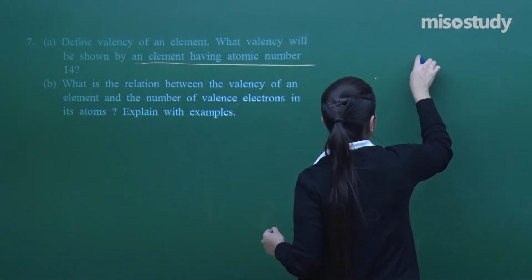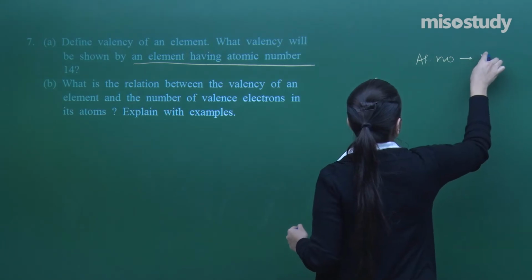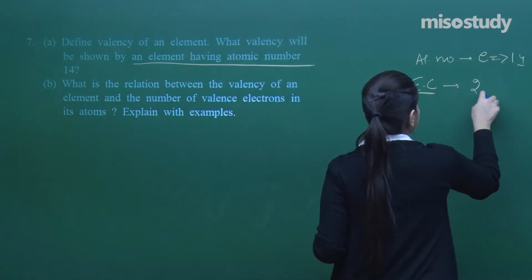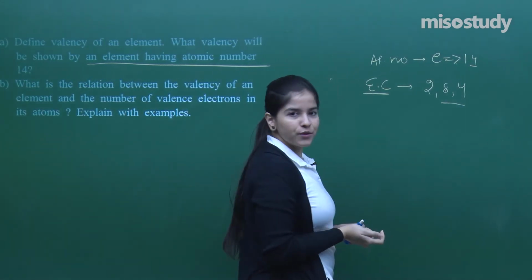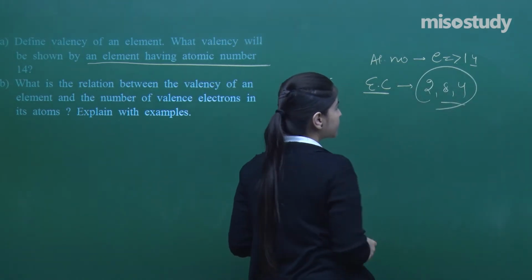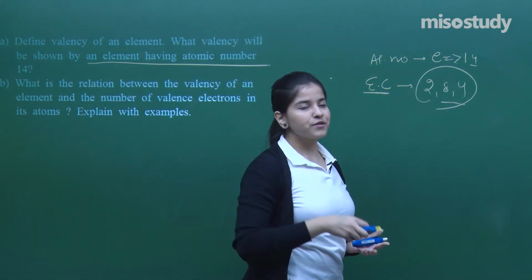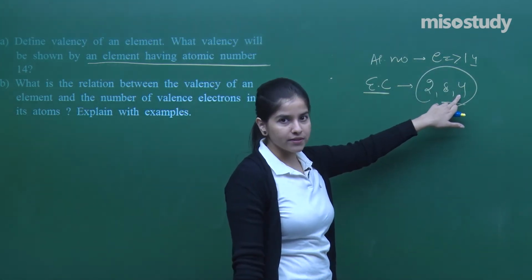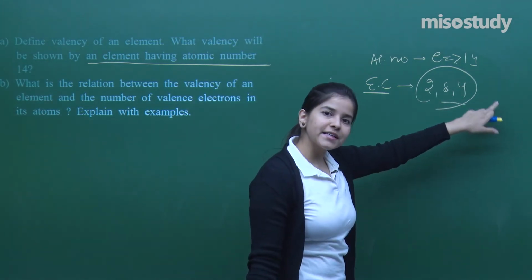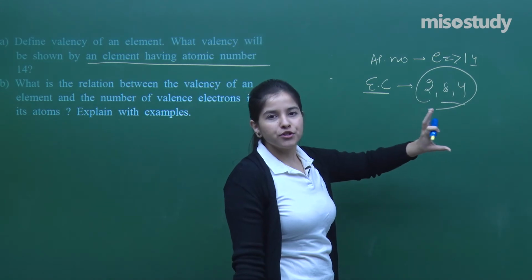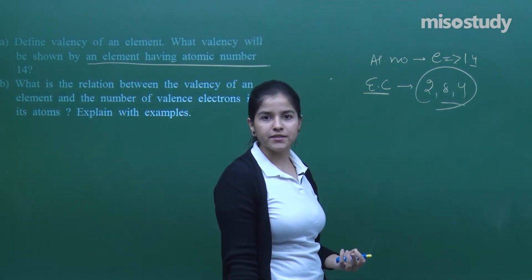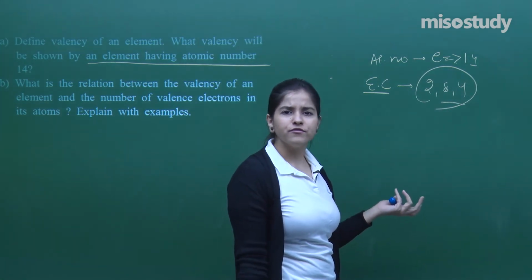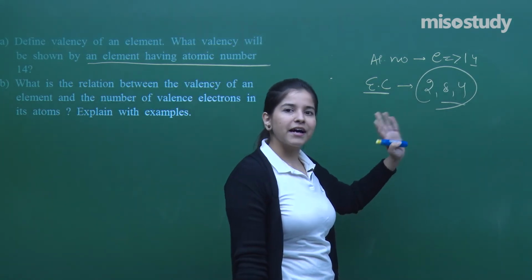Atomic number means the number of electrons is going to be 14. Can I write the electronic configuration to find out the valency? Yes, 2, 8, 4. So what is going to be the valency? You know what this element is? Can you tell me? Try to think about it. So 4. What it can do is either lose 4 electrons or gain 4 electrons just in order to combine. And the third option is it can actually share the electrons as well, just as in the case of carbon. No, it is not carbon over here, but it's kind of similar to that.